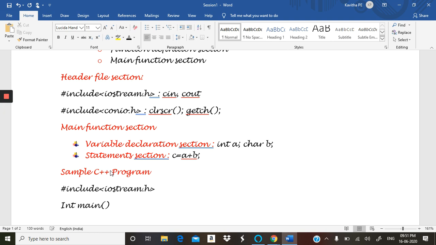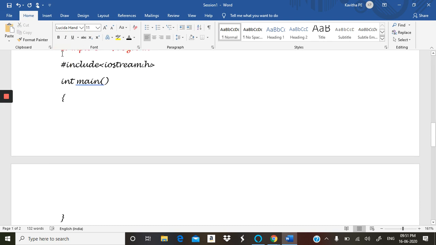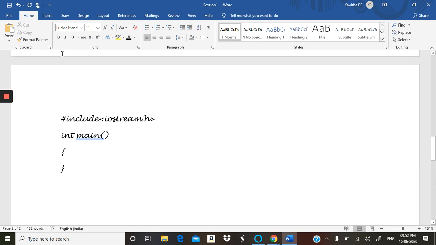Also, you should specify the return type of the main function as integer, preferably. You can either write int or write void. So here you can see I have written #include iostream.h and then the main function with two brackets which represents that it is a function.